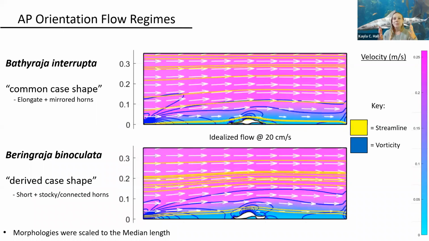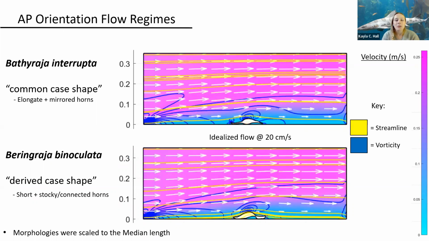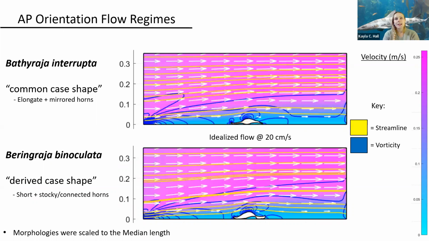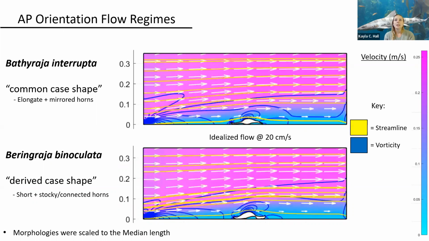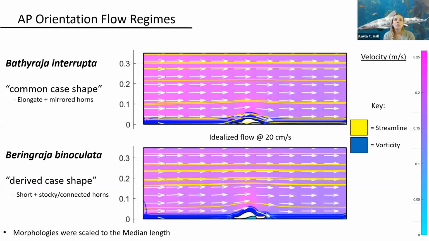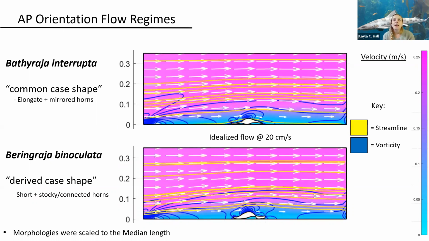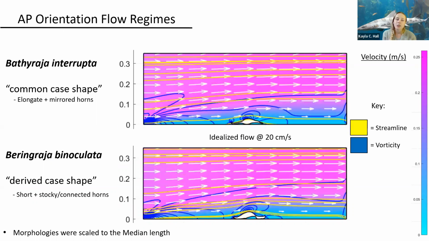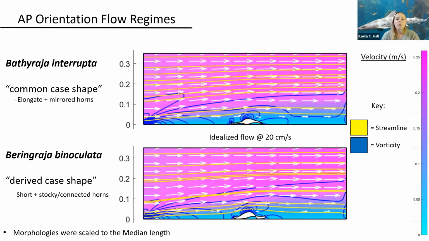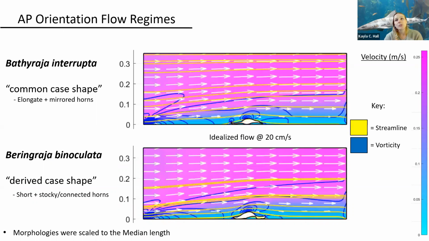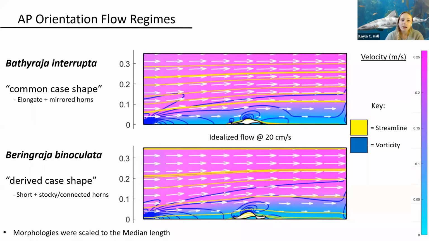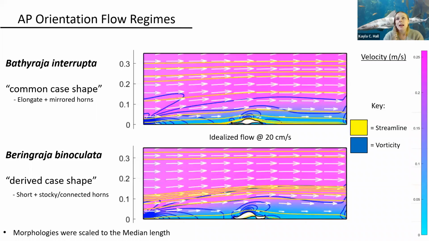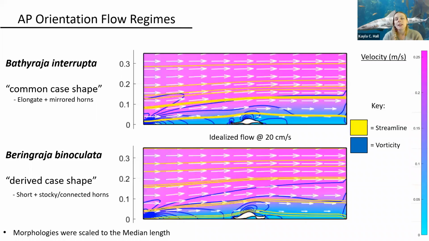And I'll let this play on a loop and I'll kind of talk through it all. But here we have scaled all of the egg cases to the same median lengths in order to focus on which shapes create the most drag. In other words, which species have a lower threshold for fast currents. So we can see the fluid regimes visualized around interrupta at the top and binoculata at the bottom at 20 centimeters per second,